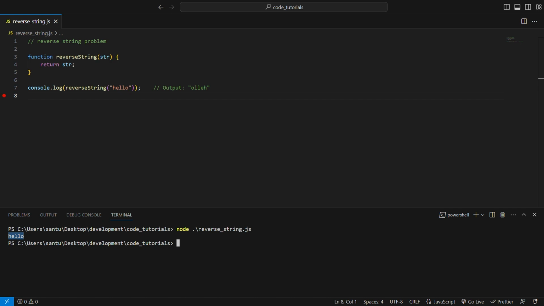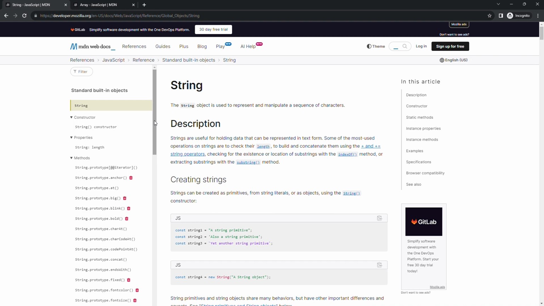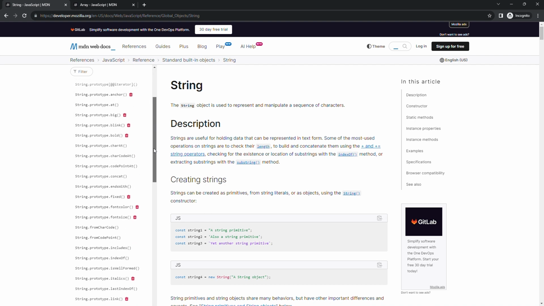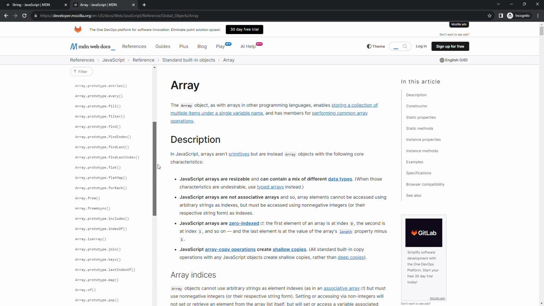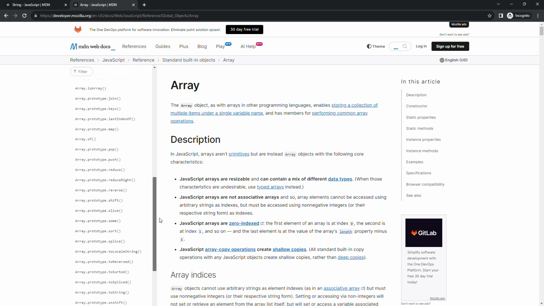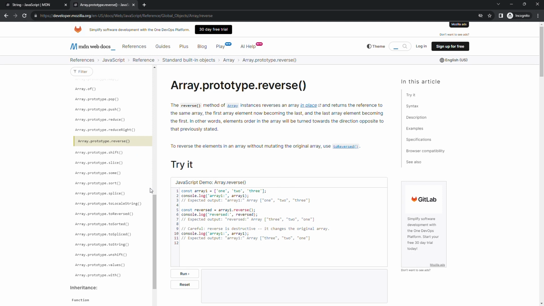One way to try and solve this is to see if JavaScript has any native methods to reverse a string. So let's go through the documentation. There doesn't look like to be anything. There's repeat, replace, replaceAll, search, but there's nothing there to actually reverse a string. However, array does actually have something, and it's called reverse. So if we can somehow convert the string to an array, perhaps we can use the array native method reverse to reverse the elements in the array,